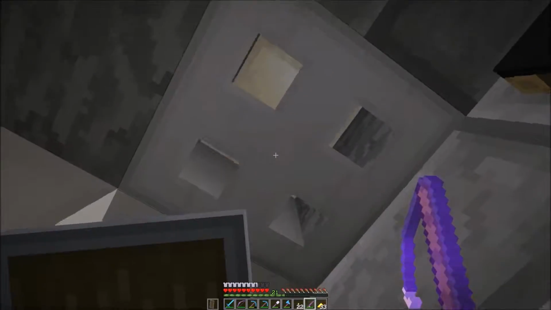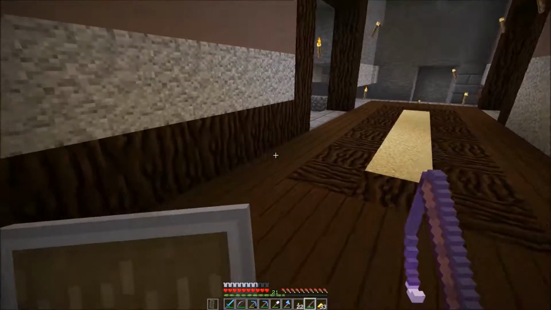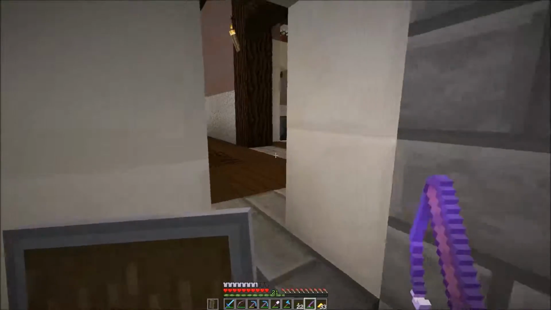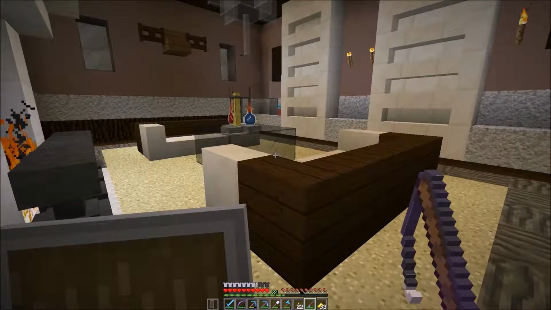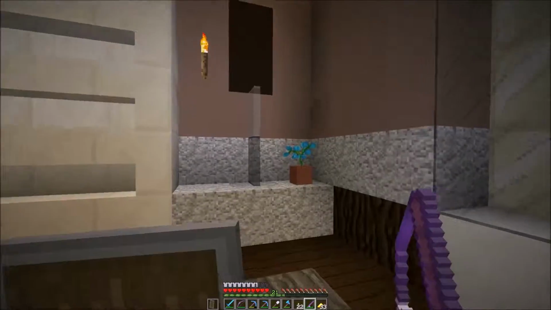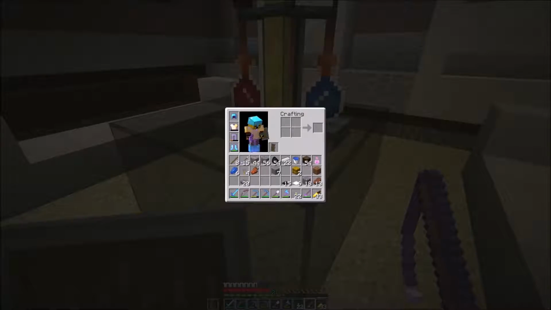There's some lighting up there, and I was starting to work on it. And this is an entryway. Looks like just a hole in the wall, and then you got this big fancy entryway. This is like living room, family room, whatever you want to say. Some more lighting. This is where I got my potions set up. I got me a little